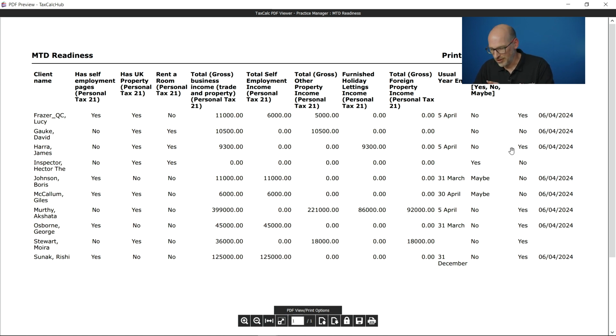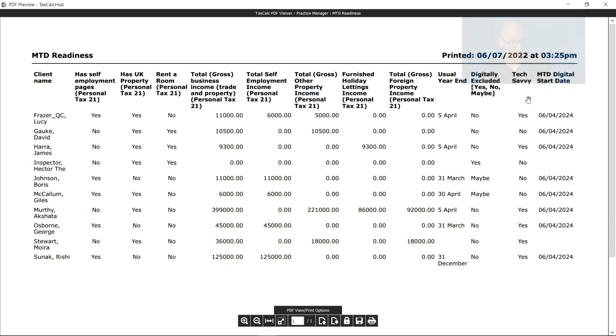The last 3 columns here, I'll just quickly mention. I've set these up as custom fields. Another great part of the report manager is that you can set up all kinds of custom fields within the system. So even if the data isn't in there today, you can pretty much create whatever you like. I've created one called digitally excluded, yes, no, maybe. So I know which of my clients already have a digital exclusion, so I can ignore them for ITSA. And I've also identified some that I think probably aren't capable of using technology. So maybe we'll go through the process of applying. I'm not sure I believe some of those numbers as well.